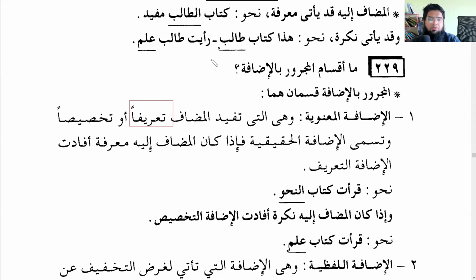So if it is mudaf ila ma'rifa, the book also becomes ma'rifa, no? Or takhsisan, it could be specific, like kitabu talibin. So if it is mudaf to ma'rifa, it becomes ta'rif. And if it is mudaf ila nakira, it becomes takhsis, specific in a way. It's not specific like Zaid's book. It becomes like, out of 1,000 books in the world, or in the city, or 10,000 or 100,000, whatever, it becomes a student's book. So the rest are eliminated, like a doctor's book, an engineer's book. All these books are eliminated. Only students' books remain. It becomes takhsis, khas.